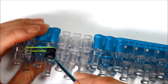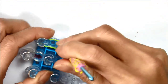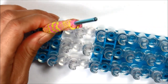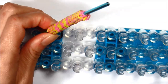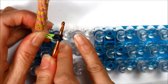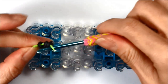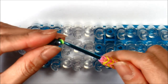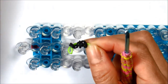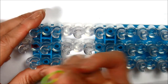And again, you'll need to make 2 that have 2 blacks on them. And you're going to reach in that bottom peg, grab the single, and very carefully, we're going to take it off the loom, and you're going to take a hook and just pry it off. Like that. Again, you can do this on the hook if you want. So there are my eyes, or the frown of my mouth, with the 2 black single bands, and you can split them out later. So you'll need 2 of these, and then you'll need 1 with the same color for